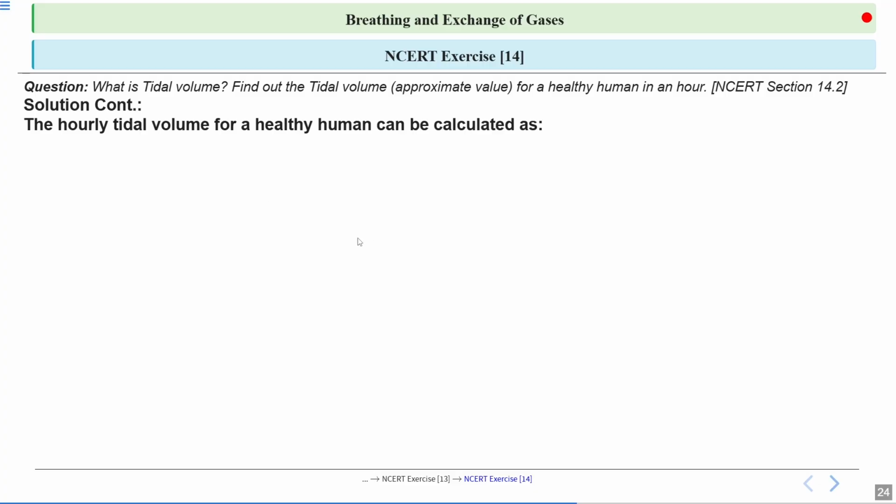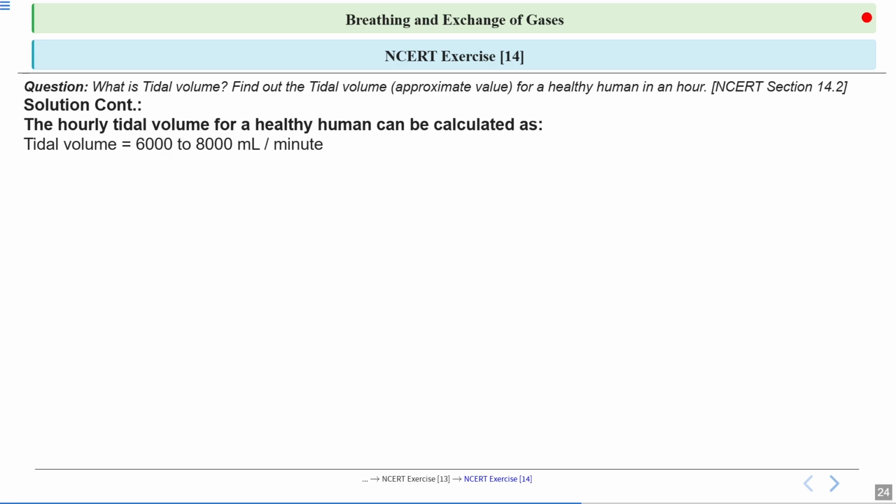So the hourly tidal volume, because here it is asked about the hour, not the minute. The hourly volume for a healthy human can be calculated from tidal volume, 6,000 to 8,000 ml. How does this come? Take the tidal volume of 500 ml and multiply it with 12 or 16, because in a minute you breathe 12 or 16 times normally at rest. So multiply 500 by 12, you will get 6,000, and when you multiply it with 16, you get 8,000 ml